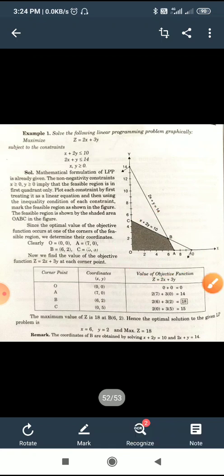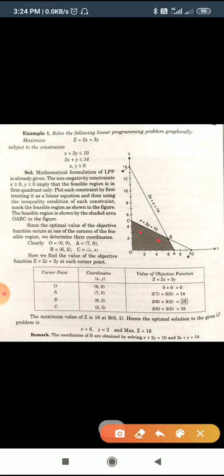Now first of all we have to check whether the given region is feasible or not. To check the feasibility, we take 2 points anywhere in the shaded area and join them through a straight line. If this line also lies in the same region, then we say that this is feasible. So this region is the feasible region. Now we go to the next step to solve this LPP by the point corner method.